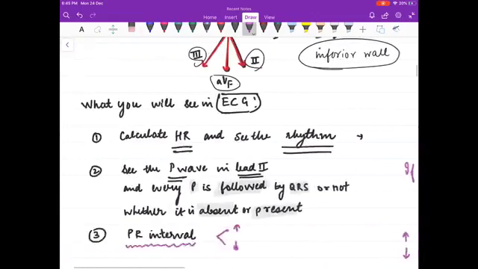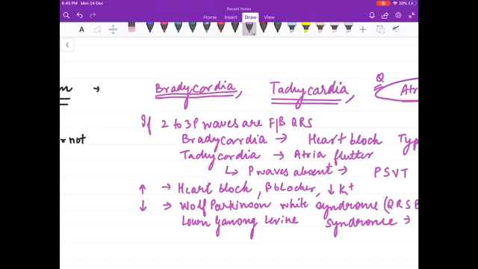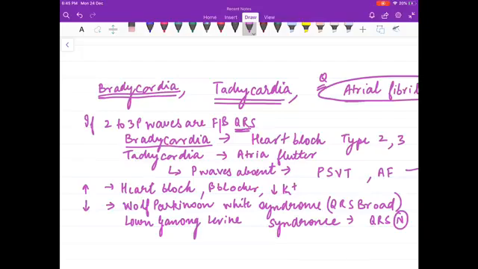atrial fibrillation. Then we see whether the P wave in lead 2, every P wave, is followed by QRS or not. Why? If 2 to 3 P waves are followed by QRS, and we see bradycardia, or we can say that every P wave is not followed by QRS, then we will see whether it is bradycardia or tachycardia, whether heart rate is more than 100 or less than